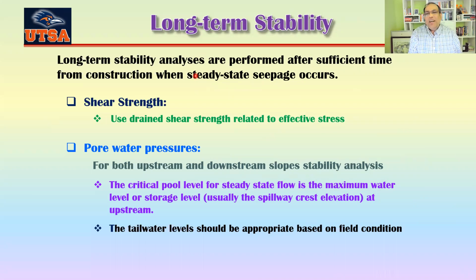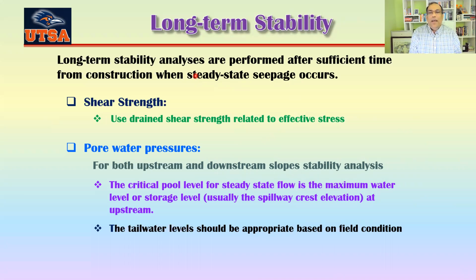Not for, let's say, a highway embankment, even though there may be some water there, because the water can dry very easily, and steady state seepage is not that common there. So steady state seepage is more common in dams, where one side has a lot of water,